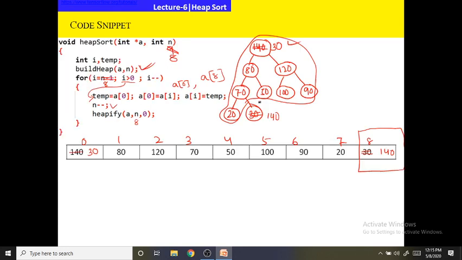So first we will go through heapify(a, n, 0). Heapify means first it will look at the left child. Left child is 80. So 30 is larger or 80 is larger? 80 is larger. So 80 will be compared with its right child. So 80 is larger or 120 is larger? 120 is larger. So what we will do? We will swap 120 with 30. So 120 here, 30 here.